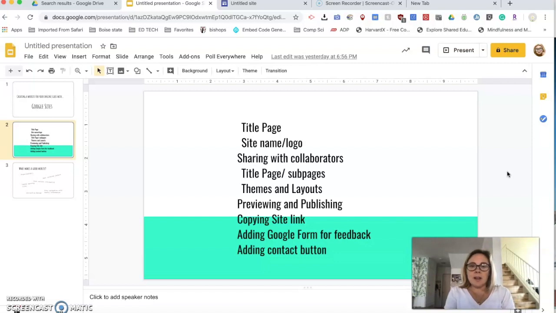how to share it if you, for example, are co-teaching with somebody, how to have a title page and then sub-pages under those title pages, how to play around with the themes and the different layouts that are available in Google Sites, also show you how to preview and how to publish your site, how to copy the link and send it in case you want to send it via email to your students,